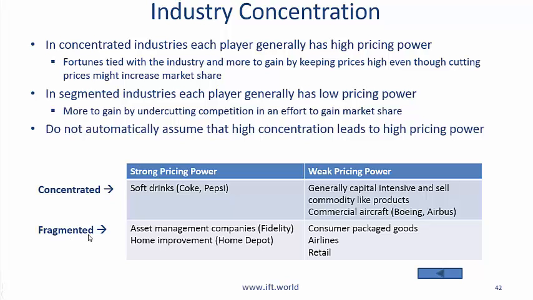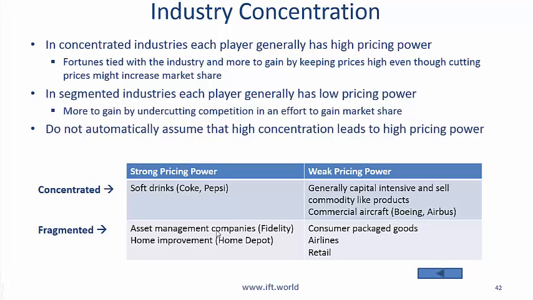In fragmented industries, you would expect weak pricing power, which does happen with airlines. It happens in retail, it happens in consumer packaged goods. But there are scenarios where there might be strong pricing power. So take the asset management industry. Here, an asset management company might have a very strong bond with the customer. And if you think about asset management, for a customer who is very well off and very happy with the